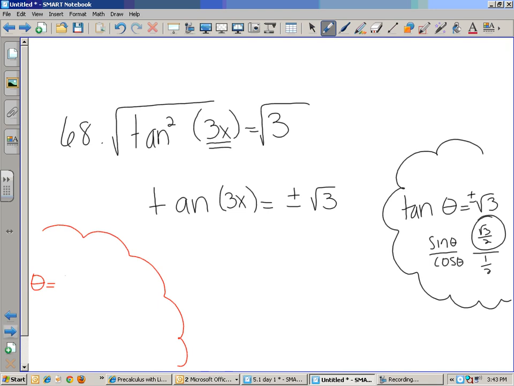So first loop around the circle would be pi over 3. And then it would be at 2 pi over 3. And then it would be 4 pi over 3. And then it would be 5 pi over 3. Then it would be 7 pi over 3. And then it would be, let's see, the pattern is add 1, add 2, add 1, add 2, add 1,